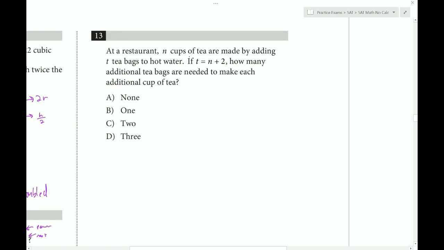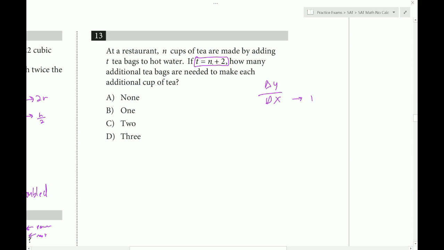At a restaurant, n cups of tea are made by adding tea bags to hot water. If t is equal to n plus 2, how many additional tea bags are needed to make each additional cup of tea? So this is kind of like a change in y over change in x type deal, right? If I want to make 1 extra cup of tea, how many different tea bags do I need? So for a delta x to be 1, right,